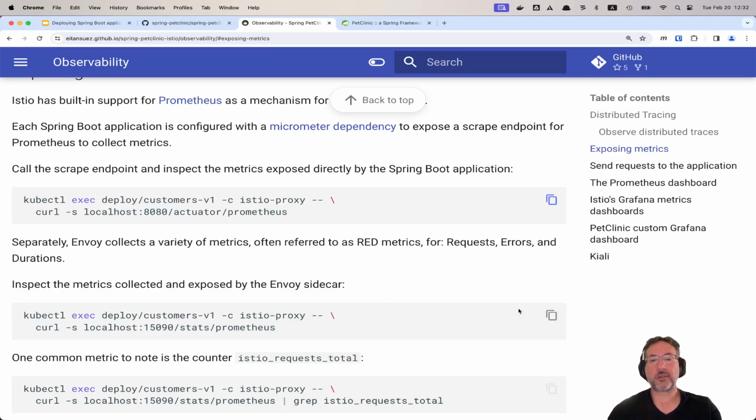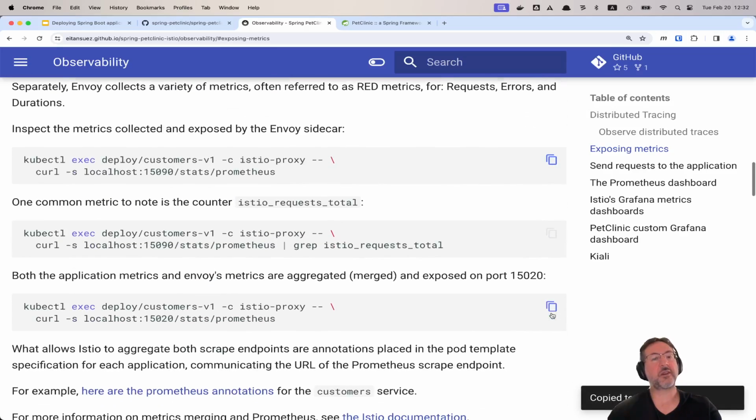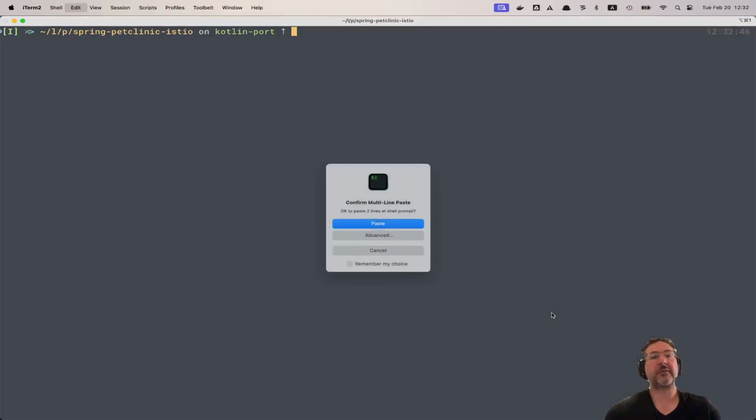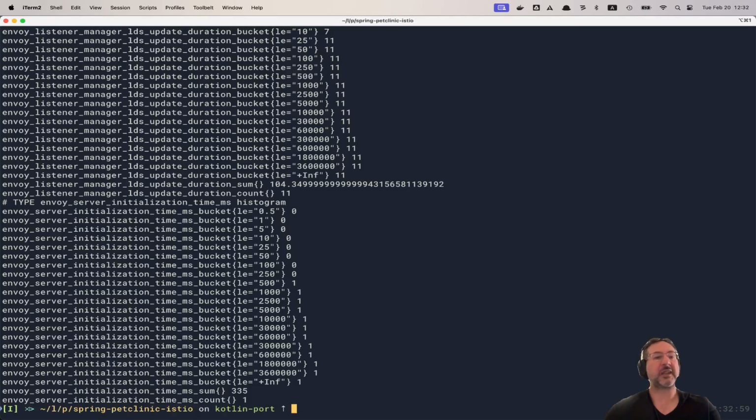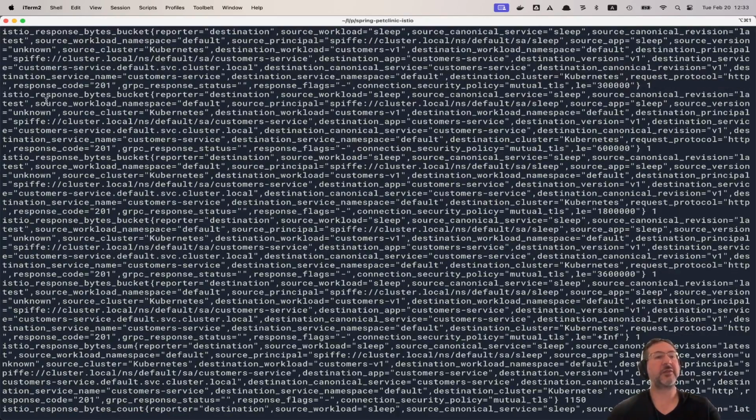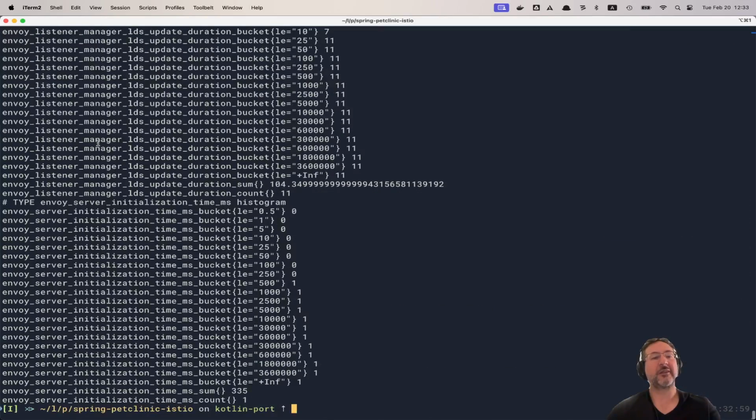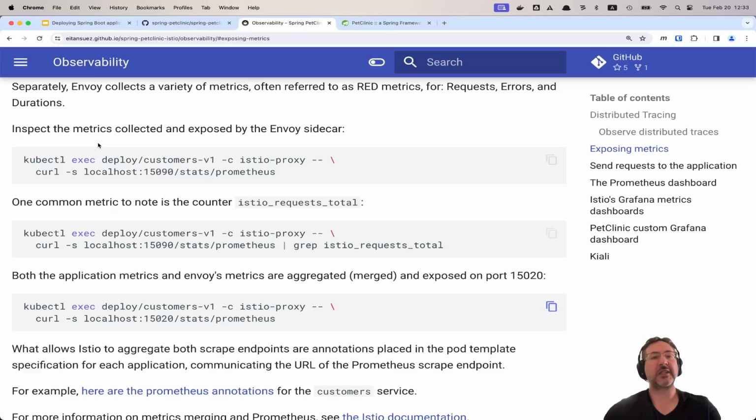Now, Envoy also collects metrics, and it has its own separate scrape endpoint on port 15090. And you can see that here, and you can see Envoy server metrics, Envoy listener metrics. There's Istio metrics here, and latencies and so on. So lots of information. We need both, and so Istio provides a mechanism through the Istio agent, which